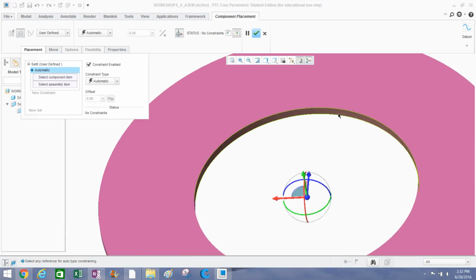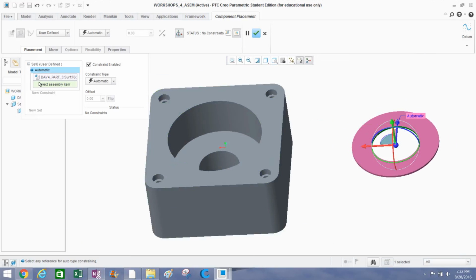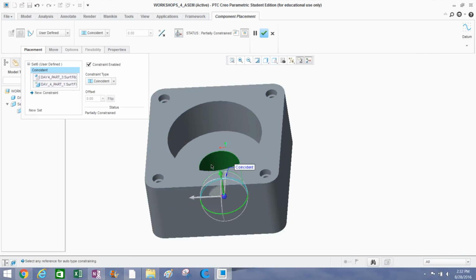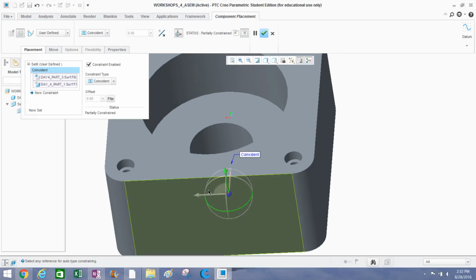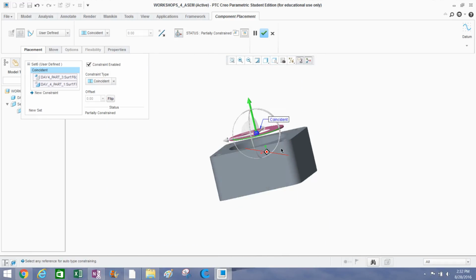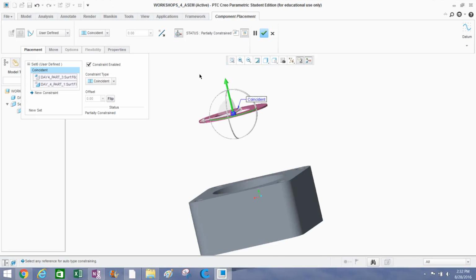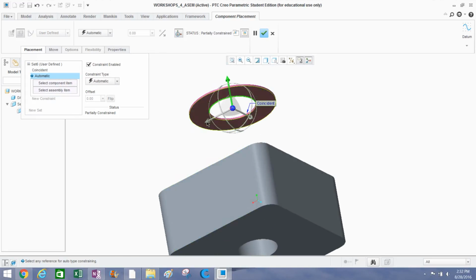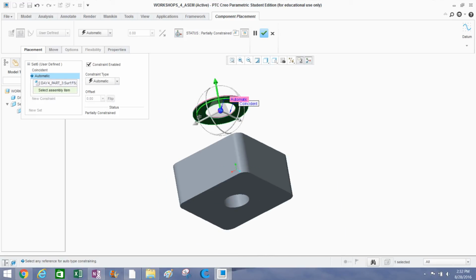Go ahead and click the inner surface of the washer, and it's going to ask for part in the assembly, so click the inner surface of the square block. Of course, now you've seen it can lock down on the 2 directions, so all I can do is move it up and down. And just go ahead and move it up so you can actually see what you're working with here. We're going to go ahead and add one more constraint, and that last constraint will keep the washer in place